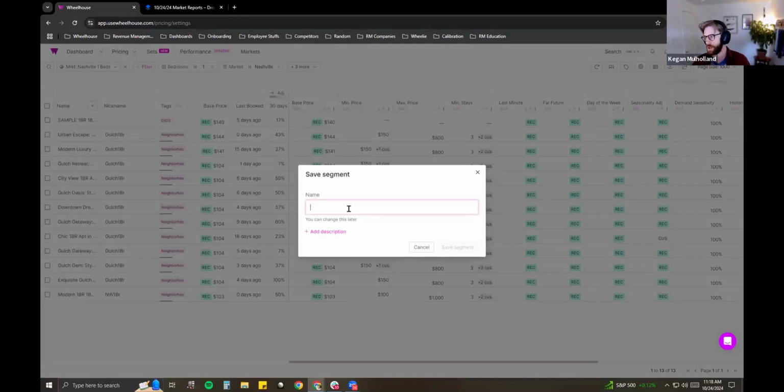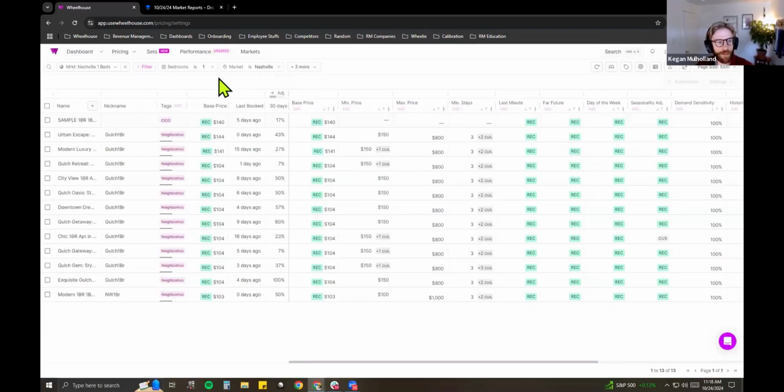You want them all to be sorted well. So for example, I would name this market. I just shortened the name, market, and then Nashville 1 beds. And that's my segment name. I've already done this, but if I hadn't, I would say save new segment. So groupings are really, really helpful, saves you time, and then you'll see later on the performance page how they're really helpful. And again, use prefixes as you start to build these out.